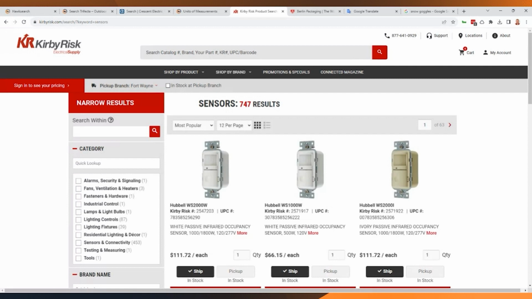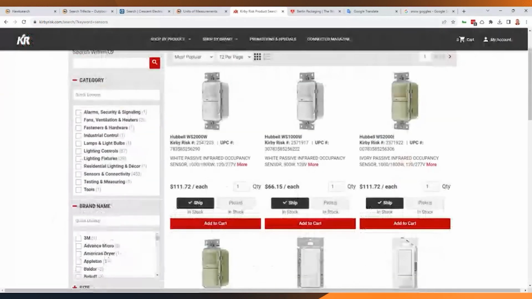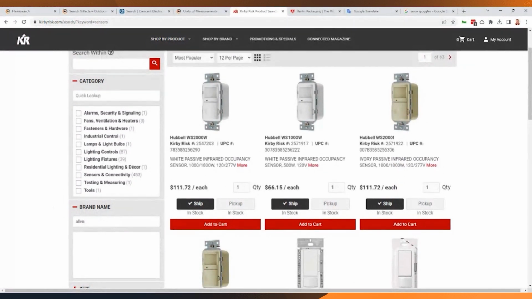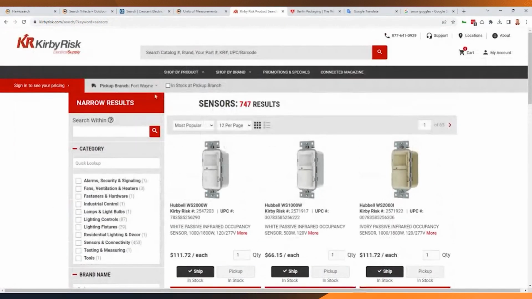So now that HawkSearch knows I'm looking for the results from Fort Wayne, we're able to remove all of those Allen Bradley products from being returned here. We can even see, if I do a search within that facet, which HawkSearch is also driving, and just as a reiteration, we're driving all the facets and filters here as well, that Allen Bradley is not available at all in these results because HawkSearch understands that at this location, at this entitlement, at this segmentation of the results, they're not available here.